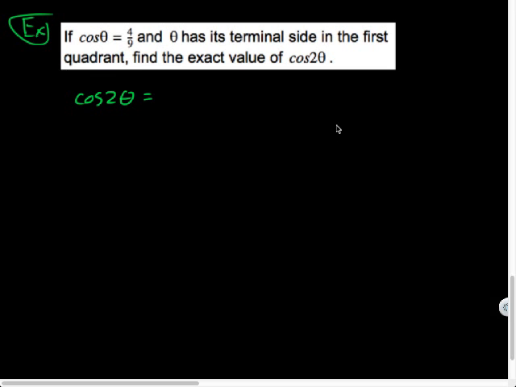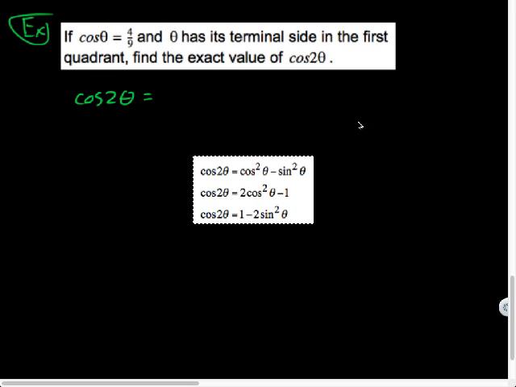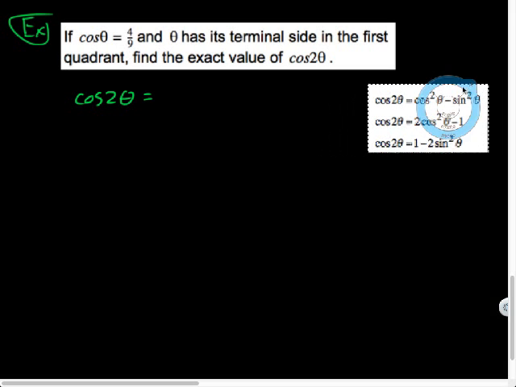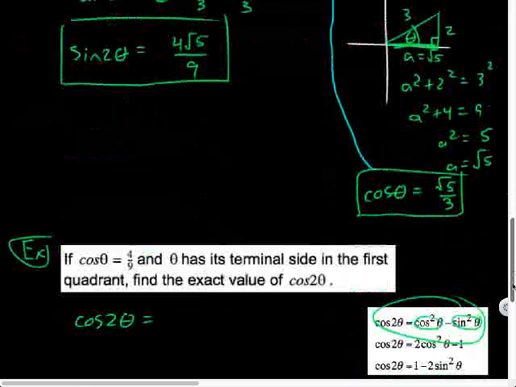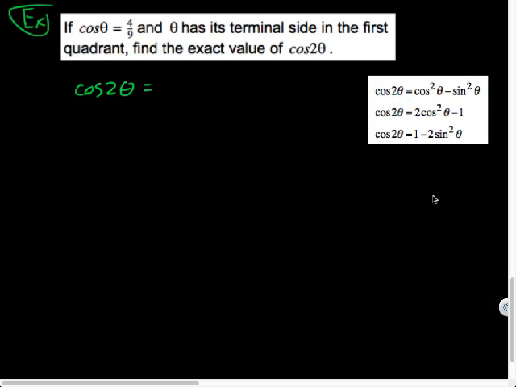Why do you like that one so much? I like this formula the most right now because I have cosine theta. So I could just plug cos theta in there and square it and double it and minus 1. I don't want to use this one because I don't even have sine. And I don't want to use this one because even though I have cosine, I'll still have to do the work to find sine theta using a method not unlike this here or this here, right? So that's what I'm pointing out, is for cosine, you kind of get to pick your formula, which is